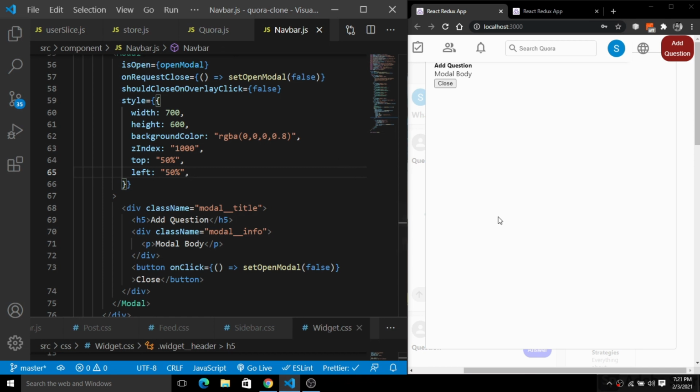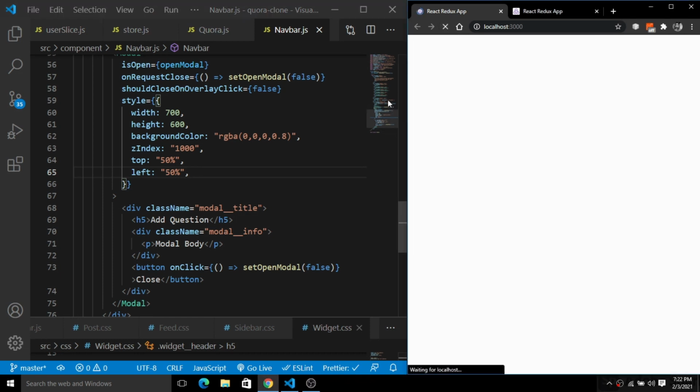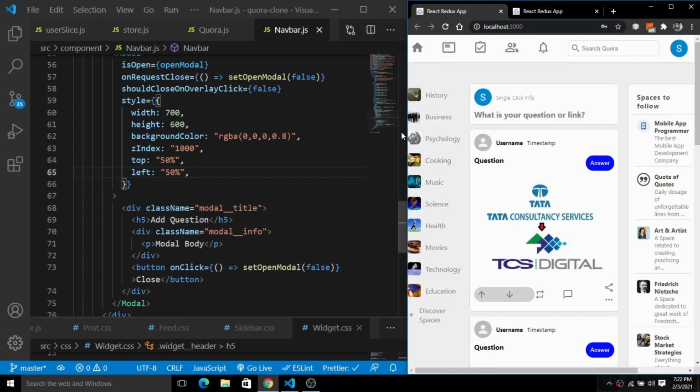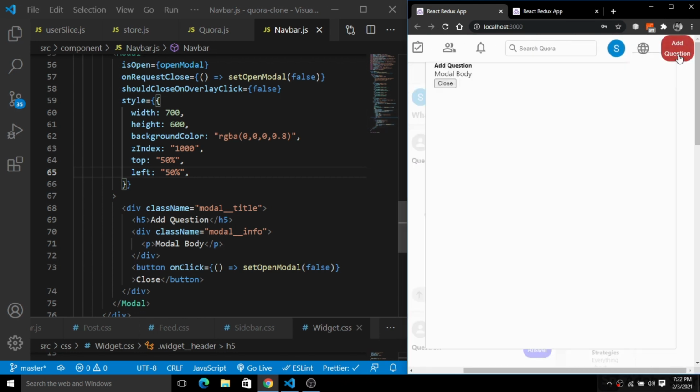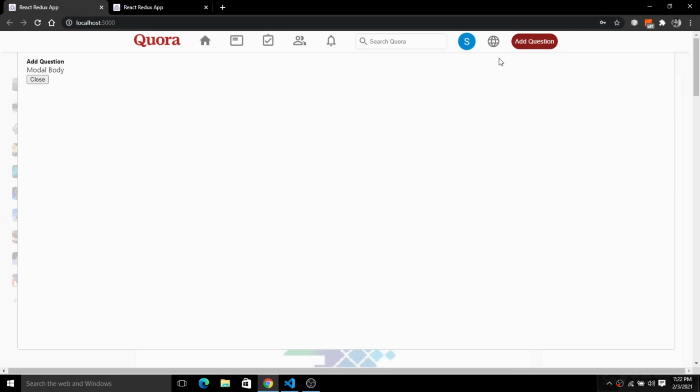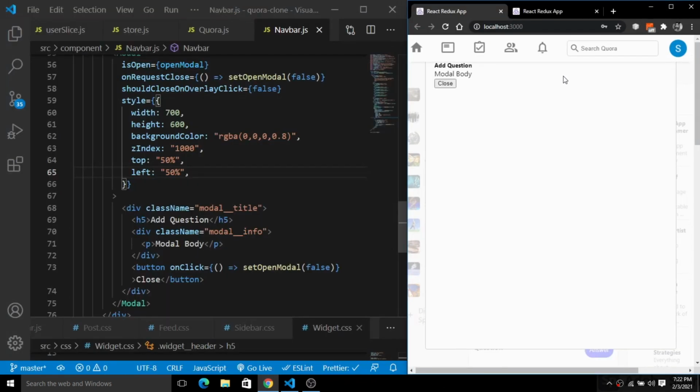When you save this, you will see it will be pushed to the very bottom of the screen. Okay, I'm going to simply refresh this. You will see the exact modal. Okay, I'm going to simply open the modal here. Okay, so I think the styling is not applying on this modal, so fix this issue first of all here.